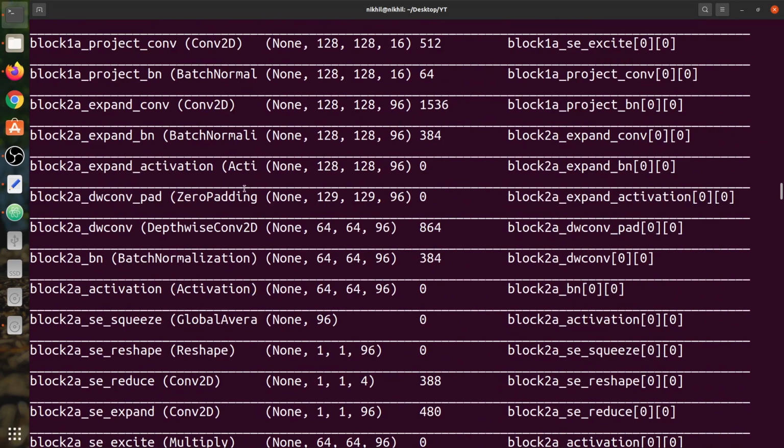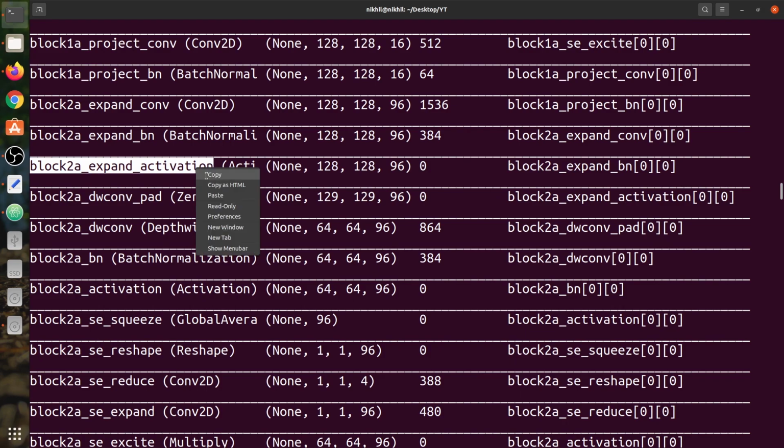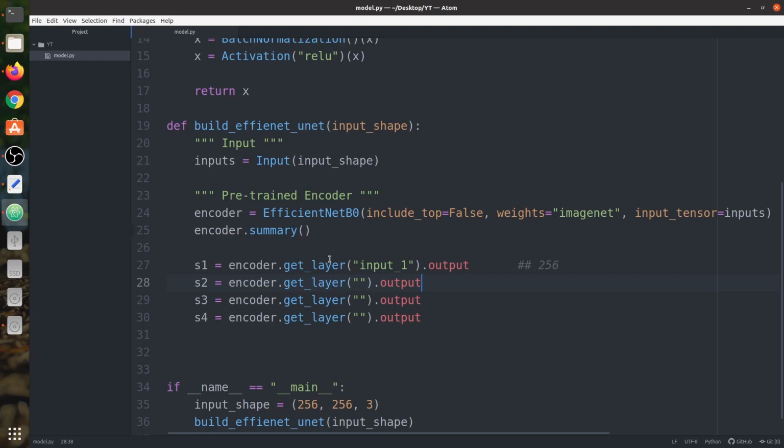Here's the ending of the 128. So we need this, which is basically the output of an activation layer. Probably ReLU is used here, I cannot confirm. For skip connections it is better to use the activation function output. So this would act as the second skip connection.